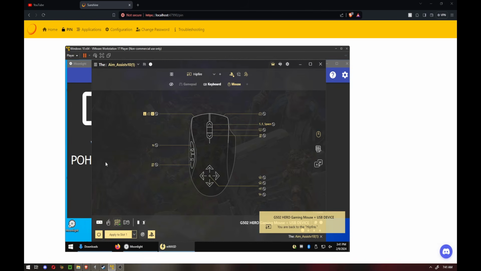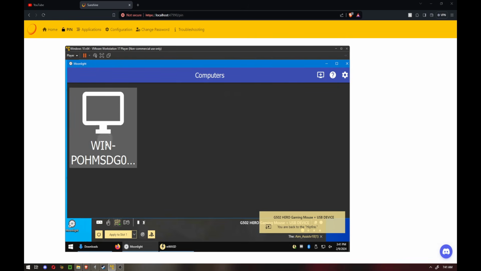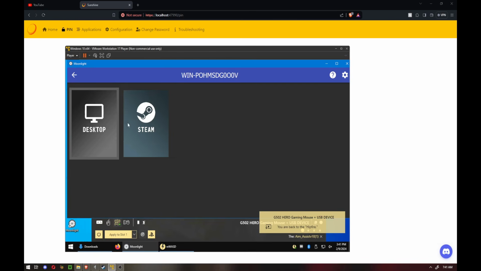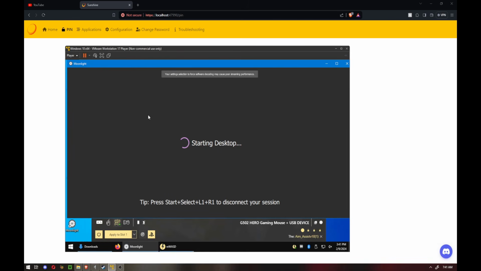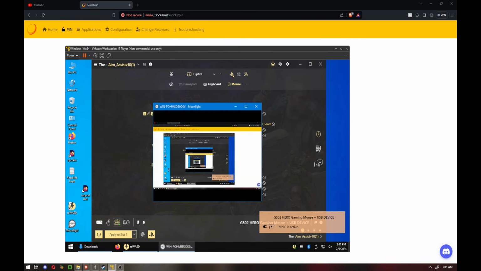Right. So once you've done that, you're going to click on your Windows version. The guide said that a game should show up here, but it didn't show for me, so I just normally do desktop. So switch back to your main mouse. It's going to start streaming your game, streaming your input. So my advice here